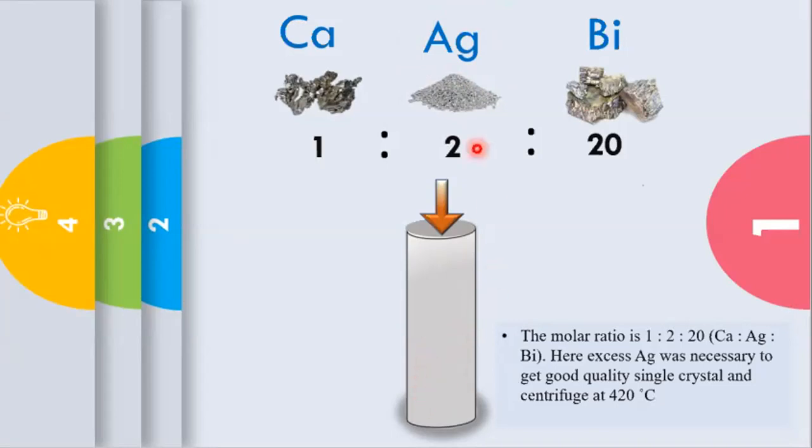So you have to play. You do not know exactly which ratio will work out. But when you become an expert and you have a good idea, when you have the calcium element or bismuth element or antimony element, what the ratio should be for that case, then that will be easier.